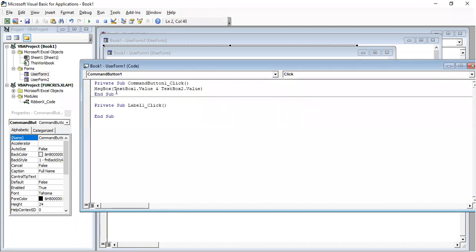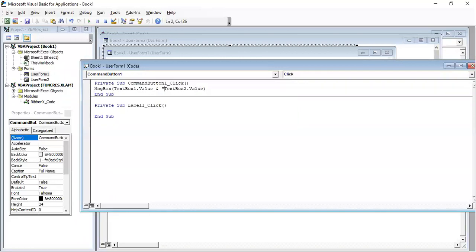So what I am doing is taking the value from TextBox1 and the value from TextBox2. On click of the command button, I have taken the click event for this. TextBox1.Value and TextBox2.Value I am concatenating, and it will be displayed in the MsgBox.